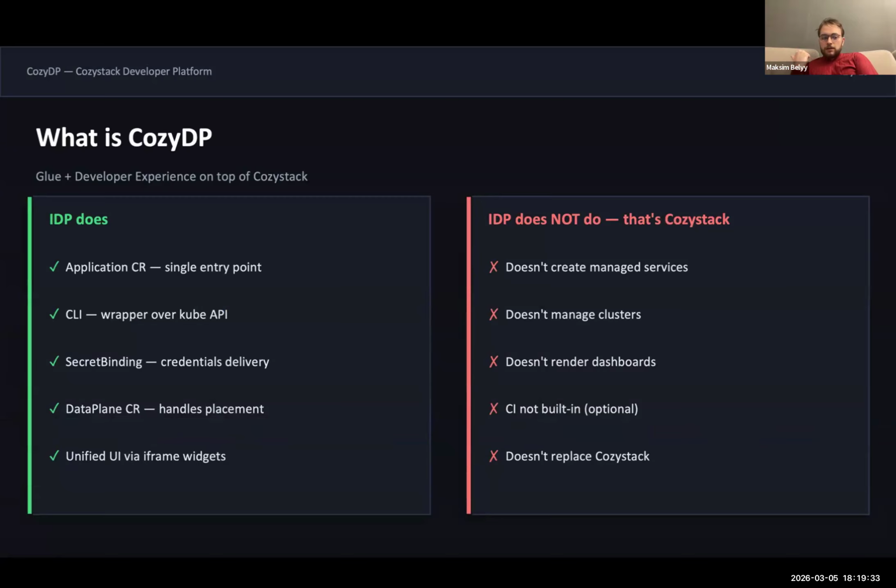It provides an application custom resource as a single entry point for developers, and a CLI wrapper that provides some features over the Kubernetes API, automatically providing secrets for the application workloads, data plane concepts that handle placement for workloads, and a unified user interface based on the current Open Web UI.